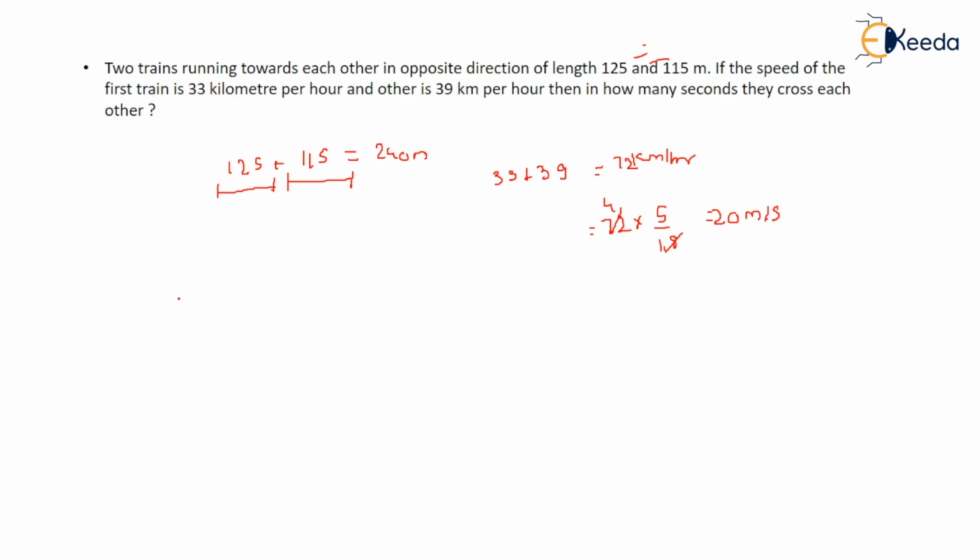You have to now find the time required to cross each other. You know the distance, the total length that it needs to cover. You know the speed. You can calculate the total time required to cross. Right? Comes out to be 12 seconds. 12 seconds is the right answer. This is a simple type of question. You just need to understand the concept. Everything becomes very simple in aptitude.